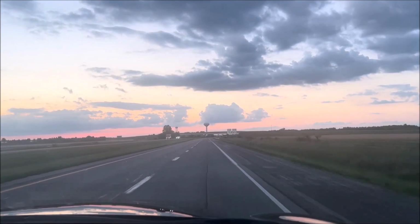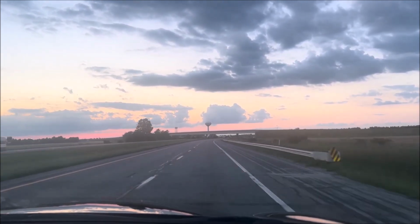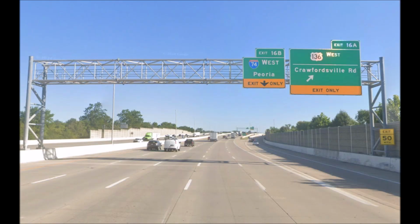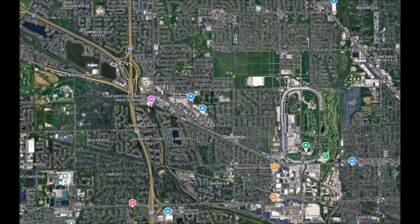Running to the northwest, 74 does what most highways in Indiana do, and heads straight for the capital city of Indianapolis. Like spokes on a wheel, multiple highways meet at this city and reach the outer beltway. 74 does so from the southeast, and proceeds to run a concurrent path with I-465 around the southern side of the city. Having multiple junctions with major highways, and then passing the famous Indianapolis Speedway just to its west, I-74